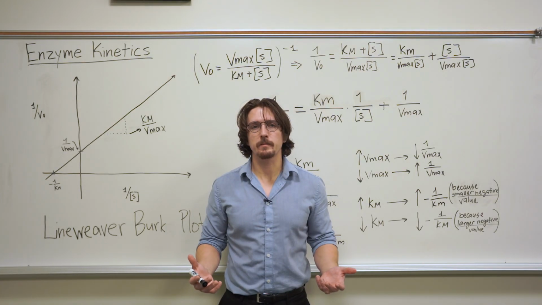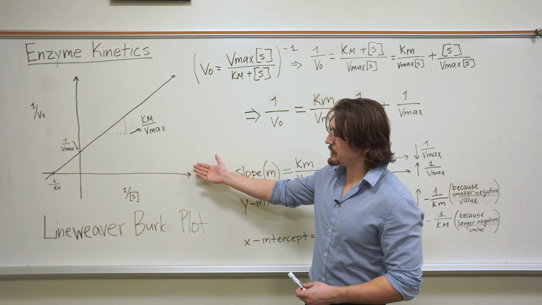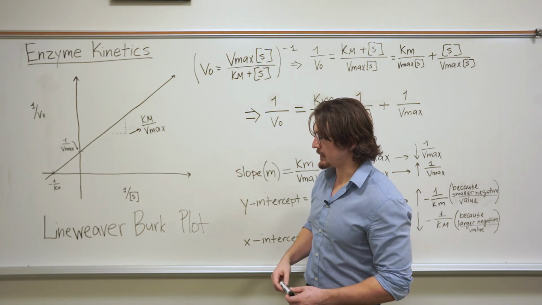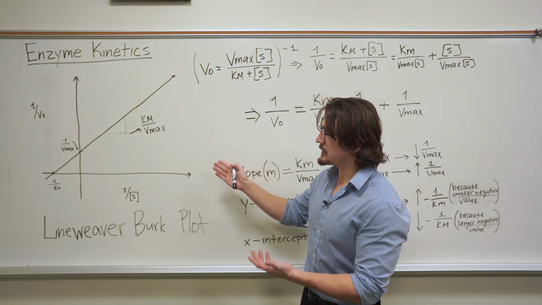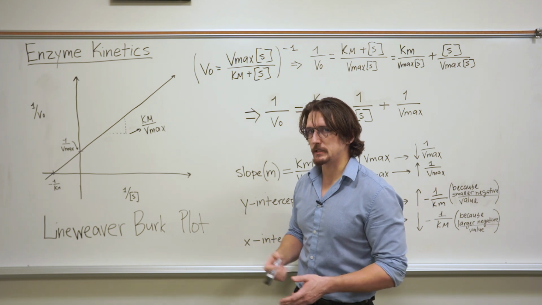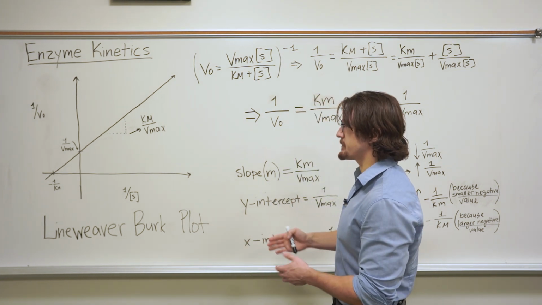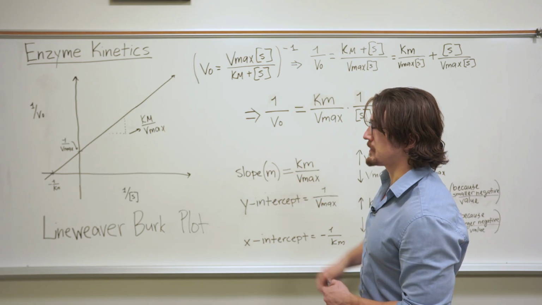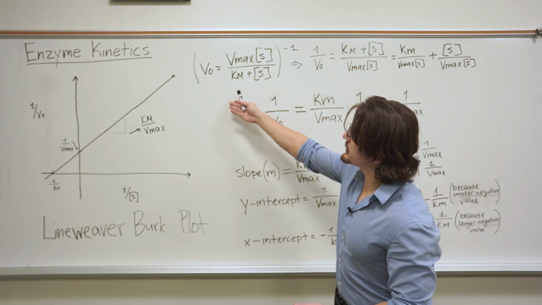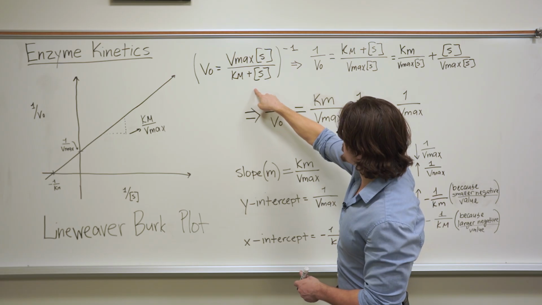Okay, so now we're going to talk about Lineweaver-Burk plots. So this right here is the plot, and you might recognize this also from your biochem class. This is actually the double reciprocal plot of the Michaelis-Menten equation, which we previously talked about. So first, let's talk about how we can actually get this double reciprocal plot and the equation that goes along with it. If we start with the Michaelis-Menten equation and we take the reciprocal